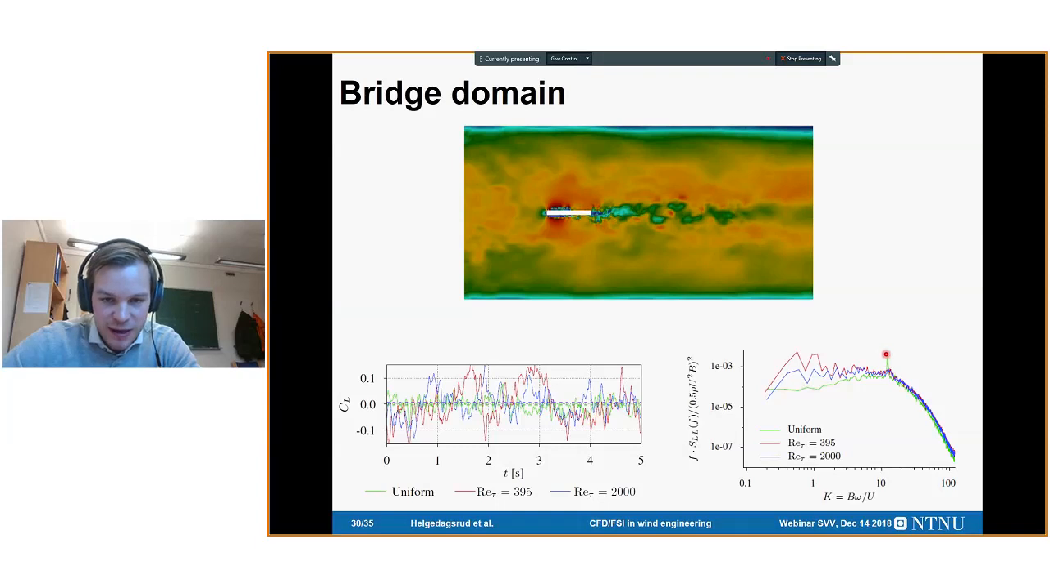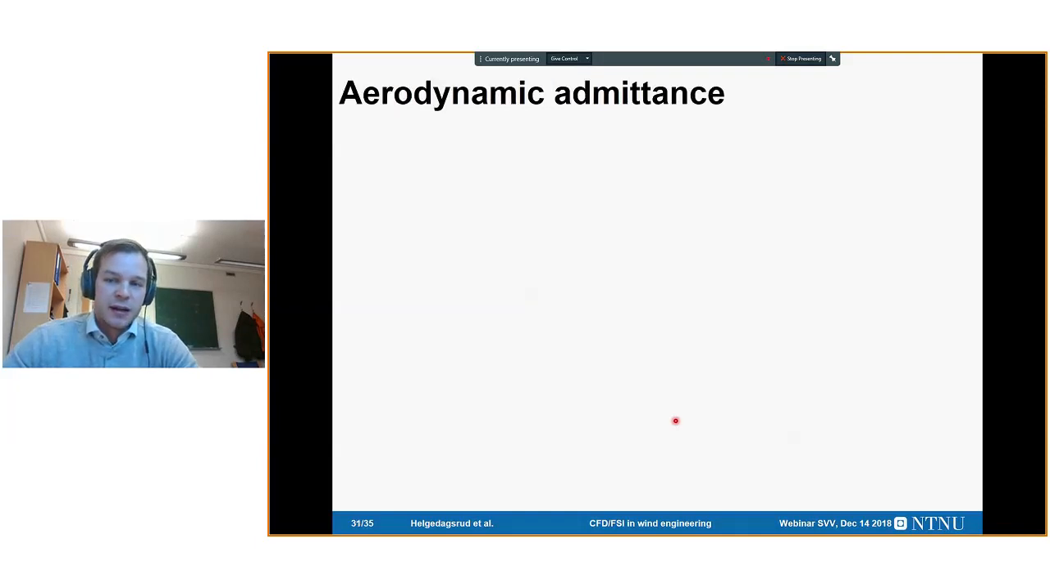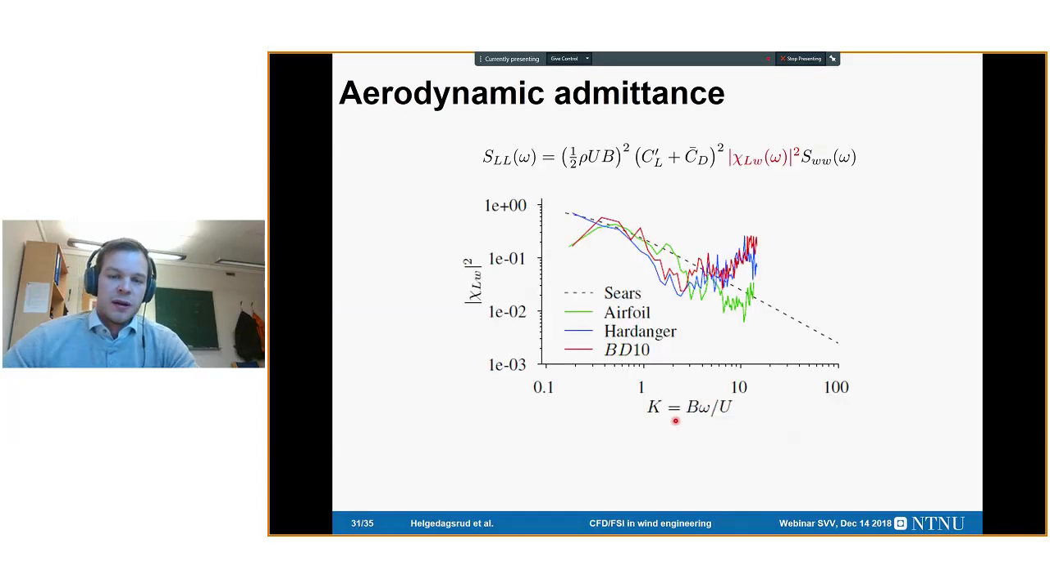That's the vortex shedding, and we can see that the turbulence effectively kills the vortex shedding. So that was an interesting finding. But we now have the spectra at hand, and we can easily compute the aerodynamic admittance. We don't have any experimental results for this. It's actually a very difficult experiment to do, but we have the analytical solution for the airfoil, which we have